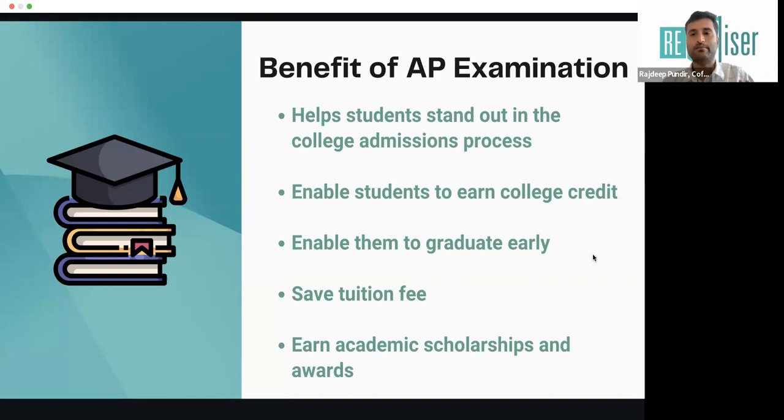So in that case, I could actually do an AP in that particular course to showcase my interest and my knowledge in that particular subject. So that could be one reason why students who are coming from international curriculum end up doing the AP exams. In some cases, for example, if you're not doing well in a particular subject in school for whatever reason, but you still feel you are good at this particular subject, you can write AP exam, score well, and show it to the college. Hey, you know what? I'm good at this particular subject, just that I couldn't do well for XYZ reasons.